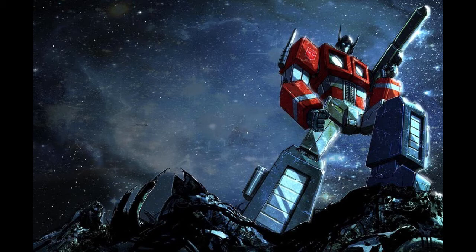The notion that a vehicle can secretly be a robot is a really, really cool idea. And I think there's sort of a childlike fairy tale aspect to it. And then there's also kind of a sinister side. I think the Michael Bay movies did a good job of covering that, the brutality of the Decepticons and how scary it would be if this tank just stands up. And then of course, action-wise and play-wise, it's kind of endless